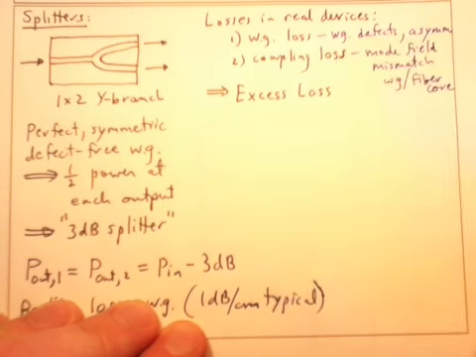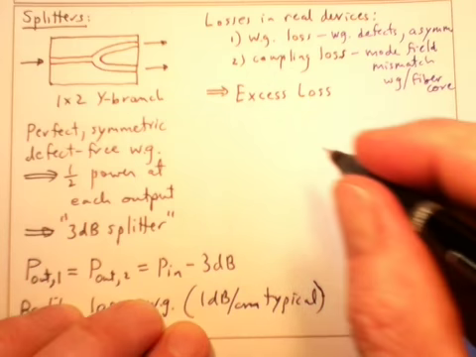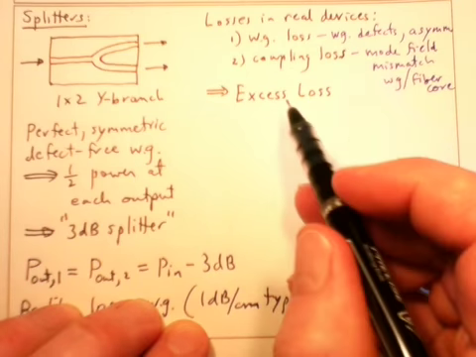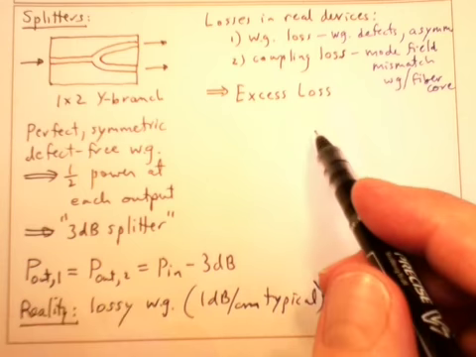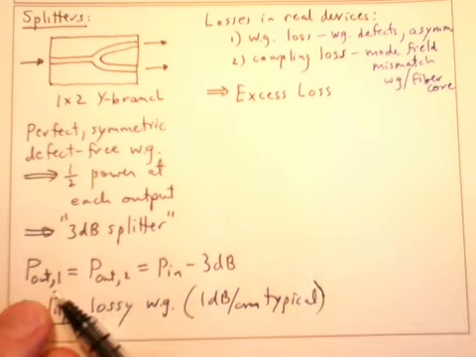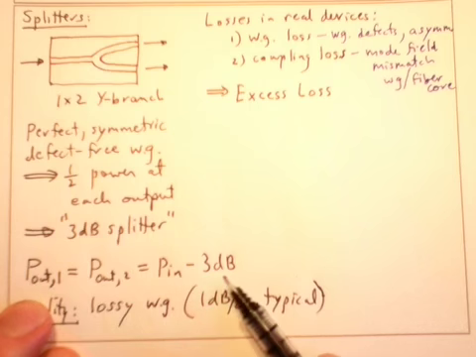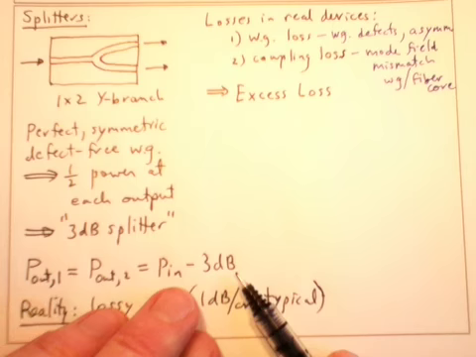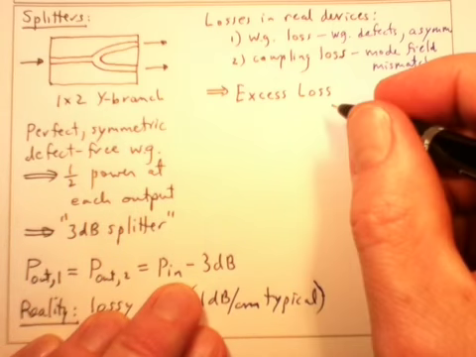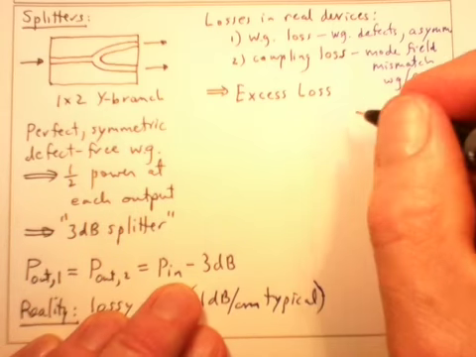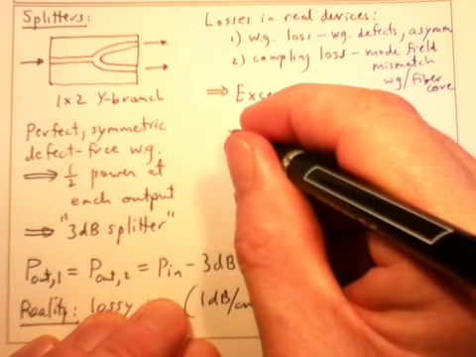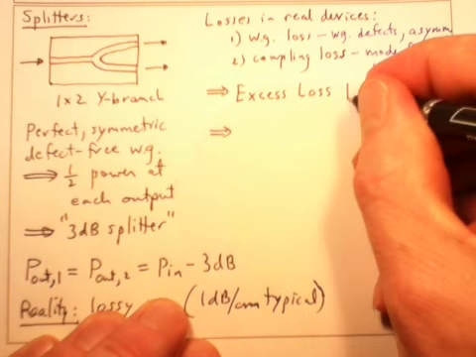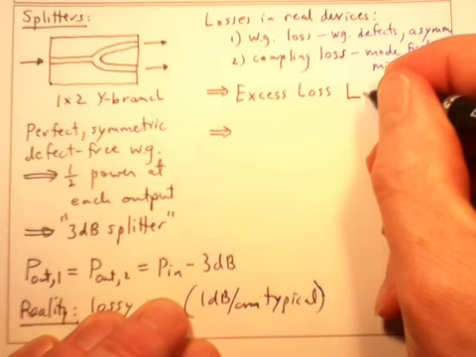Okay, and so these losses give rise to what's called excess loss, and instead of the output power being just 3 dB less than the input power, it's 3 dB plus the excess loss. Okay, and I will notate the excess loss. Let me write excess loss, LXS,